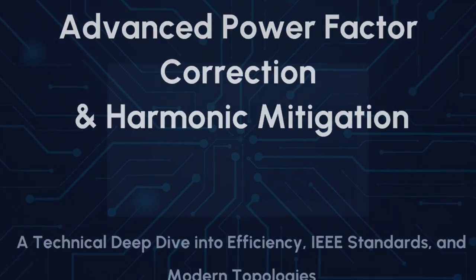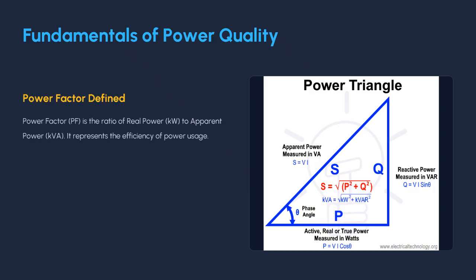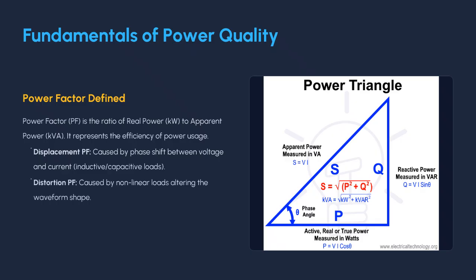Fundamentals of power quality. We start with the fundamentals, power factor. Simply put, power factor is the measure of how effectively electrical power is being converted into useful work. It is the ratio of real power, kW, to apparent power, kVA. A power factor far from unity, or 1.0, means you are drawing more current than you need, resulting in system